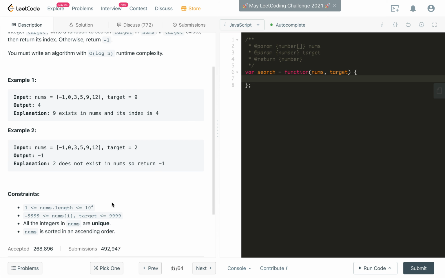Now, if I look at the constraints here, the array will be between 1 and 10 to the power 4 elements. Each element will be between -9,900 to 9,999, and all the integers in nums are unique. Nums is sorted in ascending order. All right,